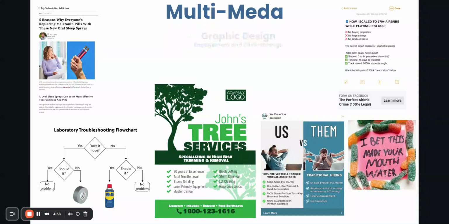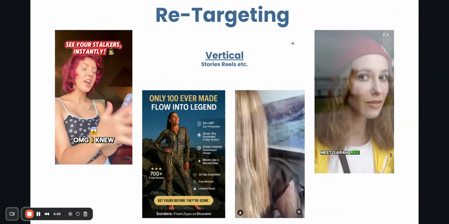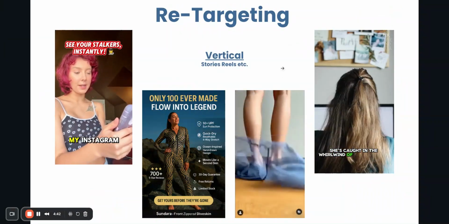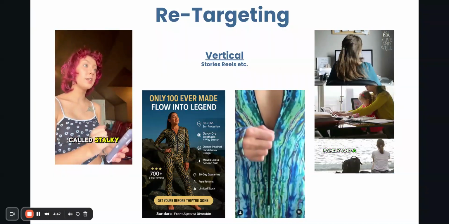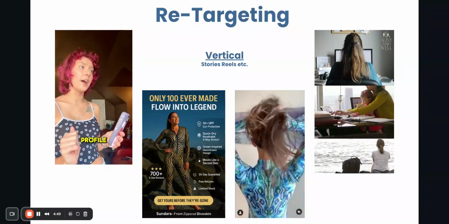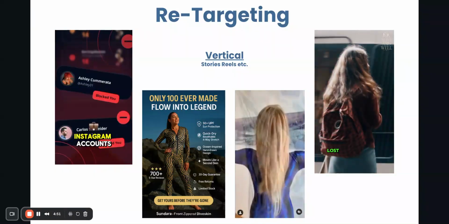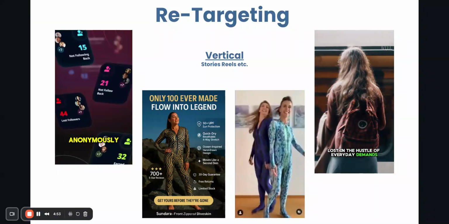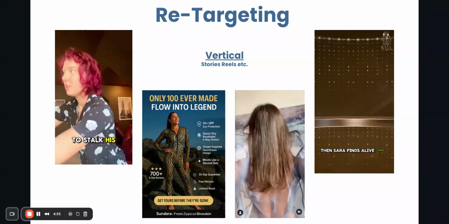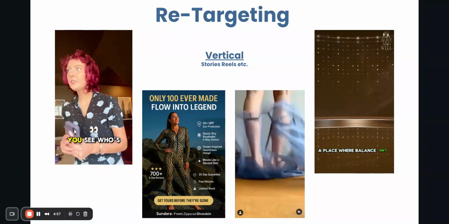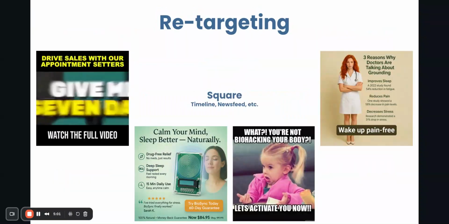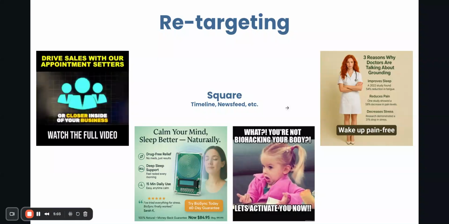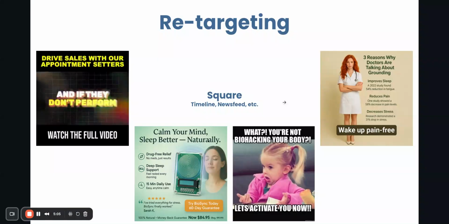Then we have a retargeting aspect, which includes your placements, your orientation. You need vertical style media. This is going to be media that fits into stories and reels very nicely because it's vertically oriented. It's going to be a 920 by 1080 pixel orientation, basically. And then you need square orientation for timeline and newsfeed graphics and videos that are just squares, basically, that fit very nicely into timeline